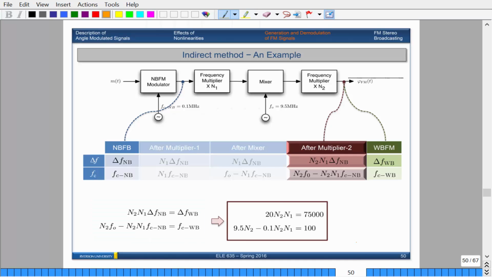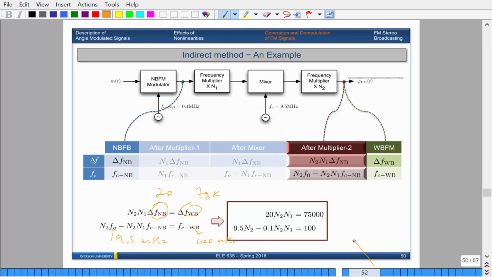So what I'm going to do now is very simple. I'm just doing some substitution. So this is equal to 20, this is equal to 75K. This is from before, right? This is equal to 9.5 megahertz, and this is equal to 100 megahertz. And this here, let me see here, so 0.1,